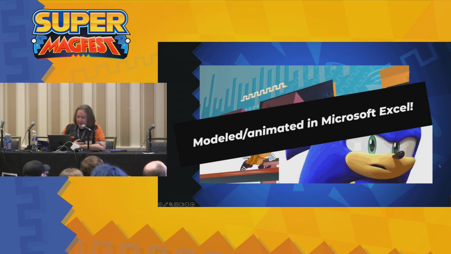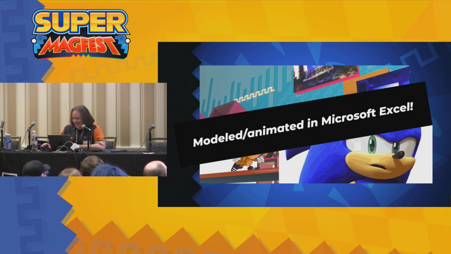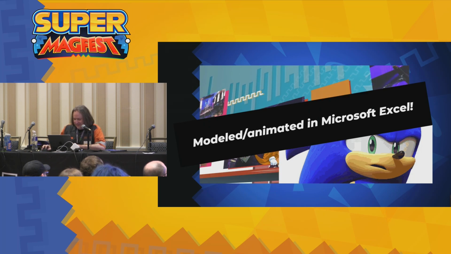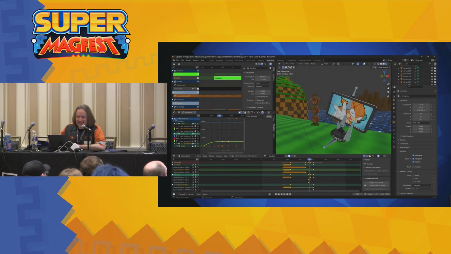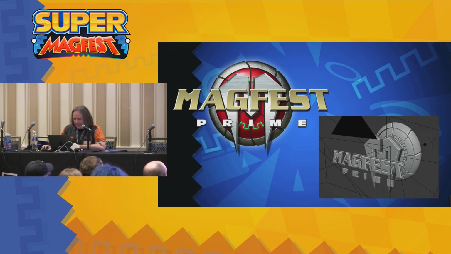And yeah, this was modeled in Microsoft Excel for reals. The last several slides kept saying modeled in Blender, and it's like, well, yeah, that's probably why it's here. So yeah, Excel. Again, I was saying last year, the 3D theme, it's weird for me to do a logo in a 3D modeling software, but there are times that it makes perfect sense. That theme last year was a very 3D logo. So guess what? That's how we did the logo last year. It was a 3D model that was rendered down to a PNG.